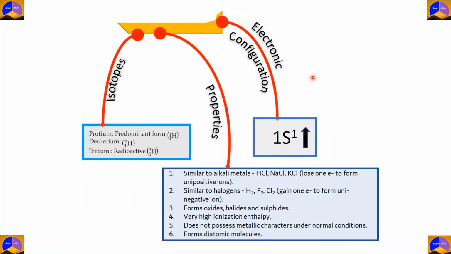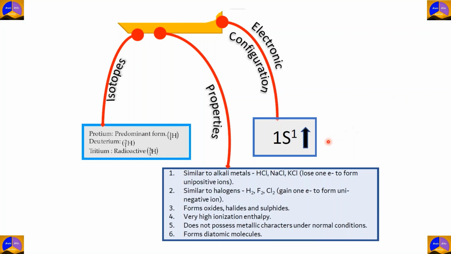So let's move on to the first part here, that is electronic configuration. Now, the electronic configuration of hydrogen is 1s1. You might have studied this in your earlier lectures. Now, what is the great thing about hydrogen having the electronic configuration 1s1? Well, because of this electronic configuration, it is the first element in your periodic table, the table that has 118